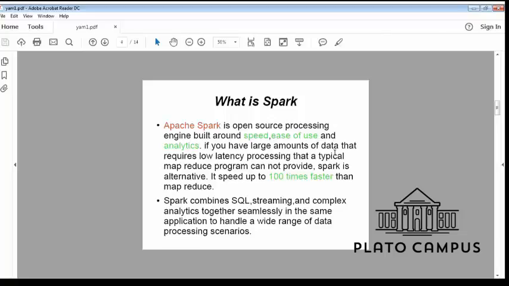And it is 100 times faster than MapReduce in memory calculation. Because of its in-memory computation quality, it is more superior and beneficial to use Spark. Spark combines SQL, streaming, and complex analytics seamlessly in the same application to handle a wide range of data processing scenarios.